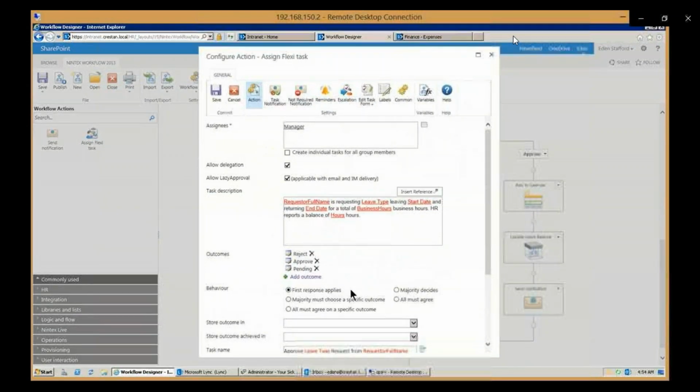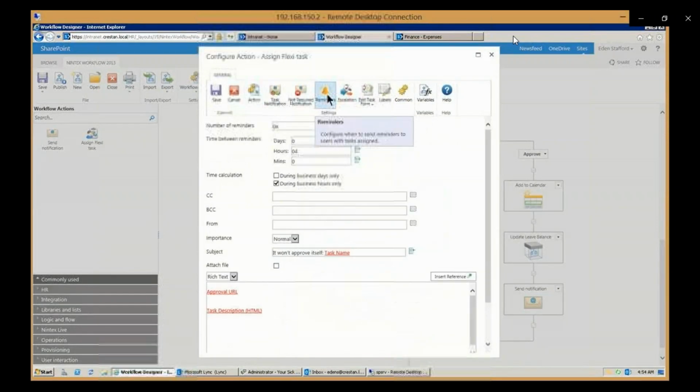First one applies. Majority of that, and also they have reminders right there as well, so that if the supervisor doesn't respond within 4 reminders, every 4 hours, on their business hours. And okay,